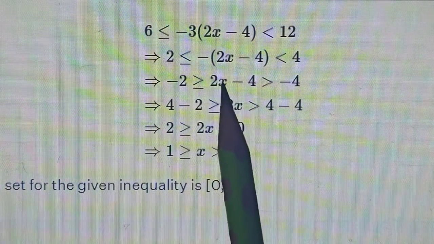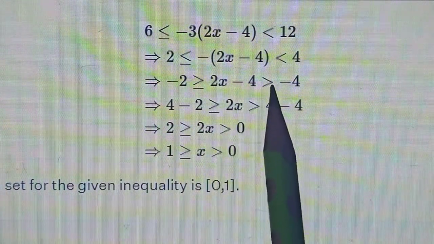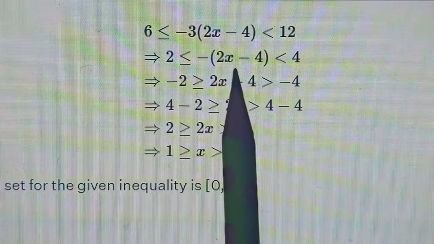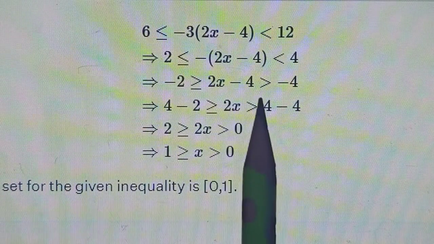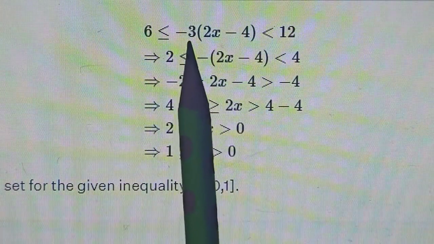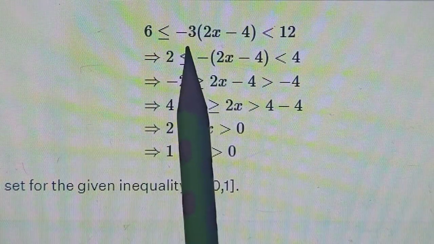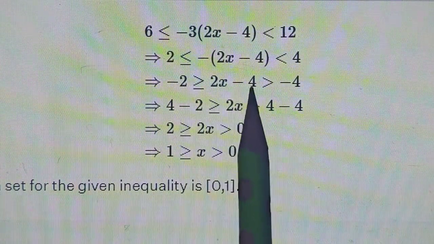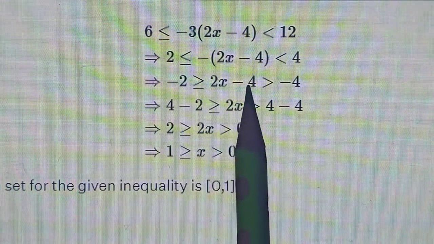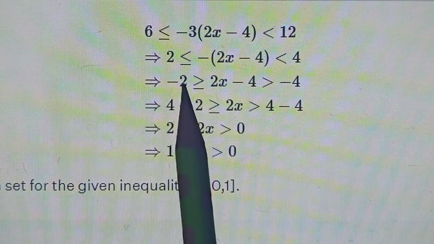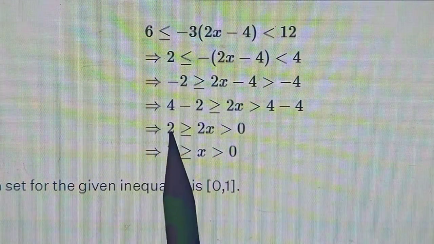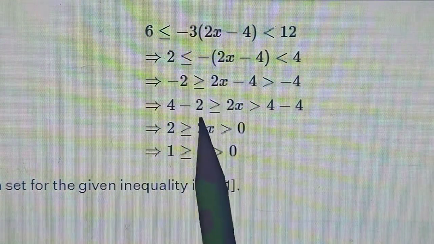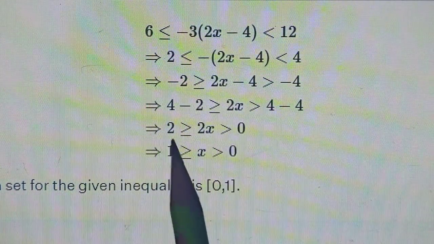See, and you'll be left with 2x minus 4. Okay, so first thing was dividing throughout by -3, जैसे equation solve होते हैं बेटा, exactly same thing. बस आपको उतना ही याद रखना है कि when the operation is with a negative, then sign of inequality reverse करने का ध्यान रखना है. That's it. Next, -4 हटाना है तो we'll have to add 4 on all the sides. So +4 -2 gives you 2 here, and +4 -4 becomes 0, and here you are left with 2x. Then further you'll divide by 2 now.